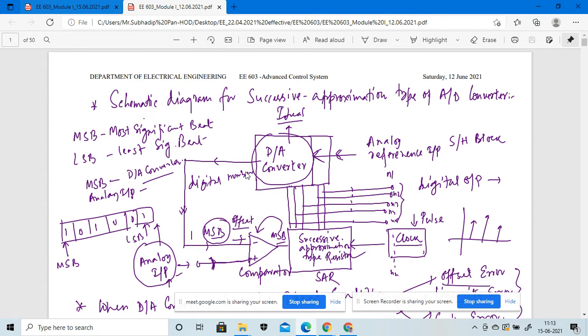So in this part, we will discuss the schematic diagram. Previously, we discussed the schematic diagram for the successive approximation type of A to D converter, so we are considering the successive approximation type of register. And what will be the basic diagram for that? We discussed it in the previous lecture. So we are implementing the offset error voltages. These are the three different kinds of error signals that will be implemented during this particular process: the offset error, the linearity error, as well as the gain error, right?